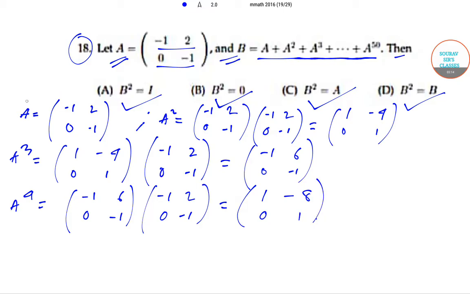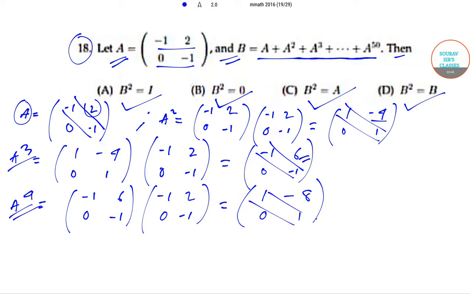So as you can see, for A to the power 1 we are getting -1, -1 in the principal diagonal, and 2 to the power 1, or 2 into 1. For A square we are getting 1 and 1 in the principal diagonal and -4. For A cube we are getting -1 and -1 and 6 over here. For A to the power 4 we are getting 1 and 1 in the principal diagonal and -8 in the topmost corner. So basically in general we can write,